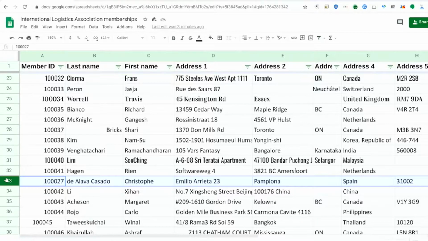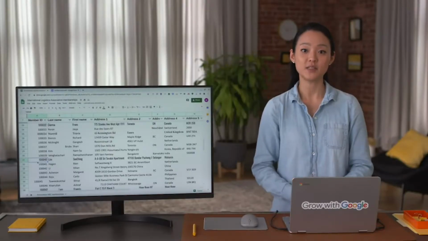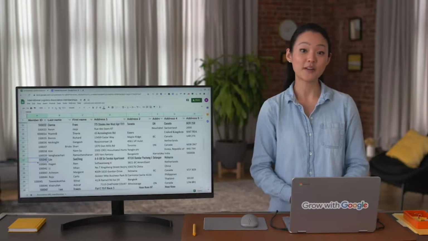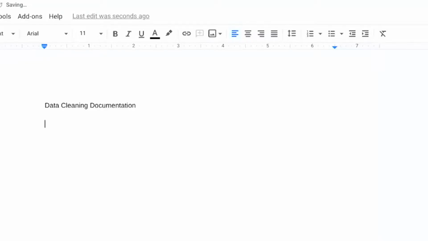We decided to fix this manually by deleting the duplicate info. There are plenty of ways we could go about documenting what we did. One common way is to just create a doc listing out the steps we took and the impact they had. For example, first on your list would be that you removed the duplicate instance, which decreased the number of rows from 33 to 32, and lowered the membership total by $500.